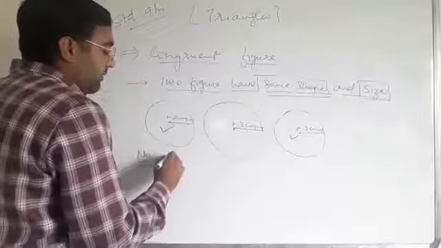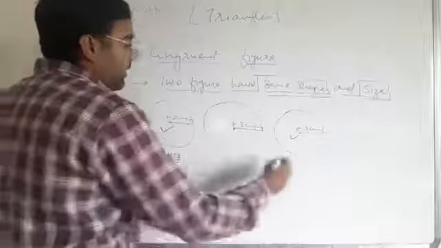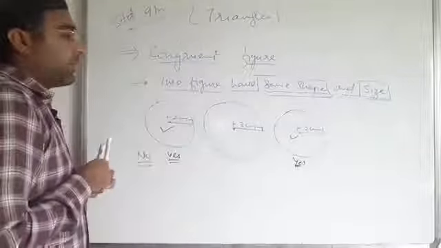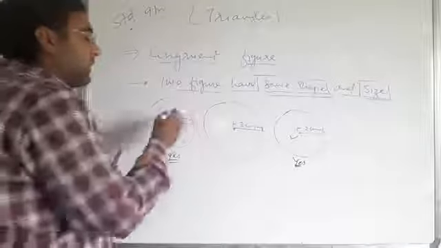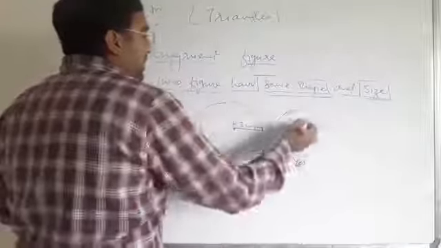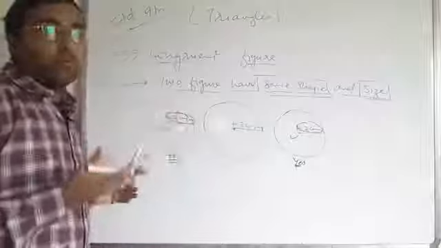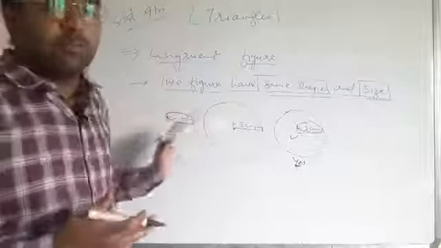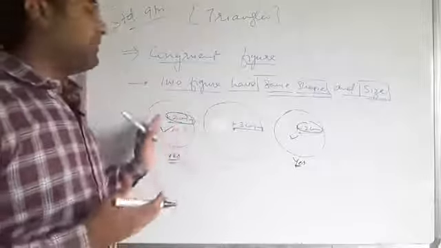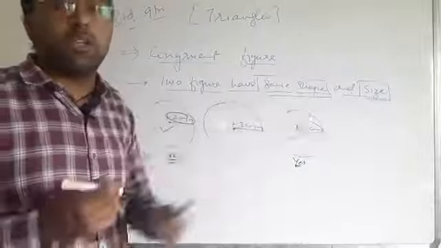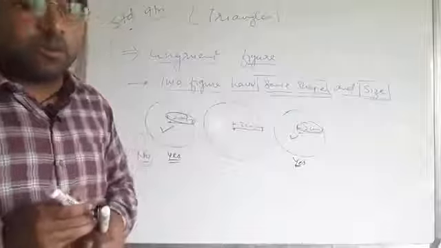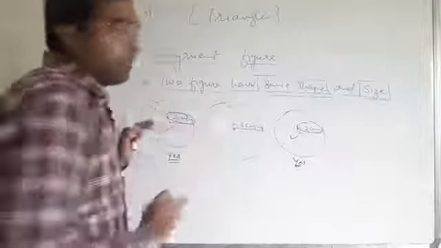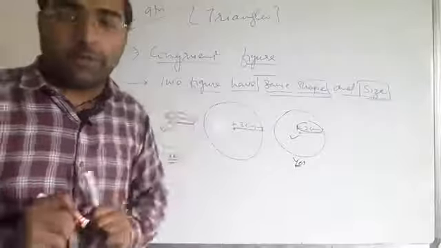Yes, we can say this circle and this circle are both congruent, because both have the same radius and the same shape, circle, with the same size, 2 centimeters radius each. Then we say both circles are congruent.